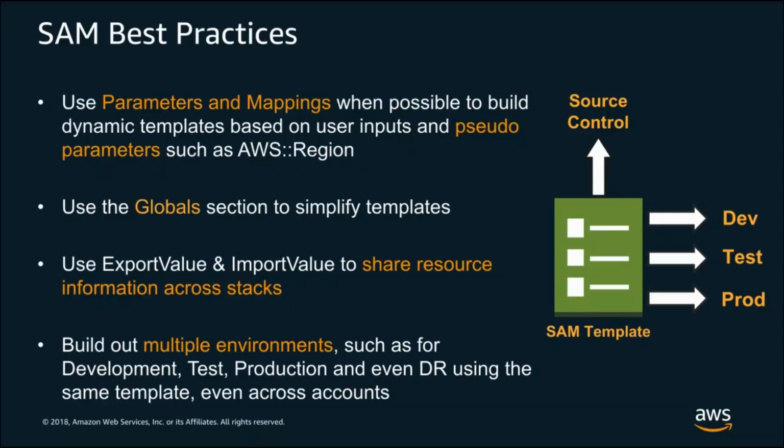When it comes to building serverless applications, building out multiple environments for development, test, and production is a best practice that is, I feel, easier in serverless than it is in traditional compute-based applications, largely because it's not a resource that you have to manage in the same way. With a serverless application, you don't have, say, an EC2 instance running 24/7 that needs to be patched and monitored, and that's costing you money. In this case, you'd only be paying for the invocations of the serverless application when you're testing it in that given environment. So again, building this capability into your template such that it can be used for various environments, and even for, say, things like disaster recovery, is really key and something you should aim for.